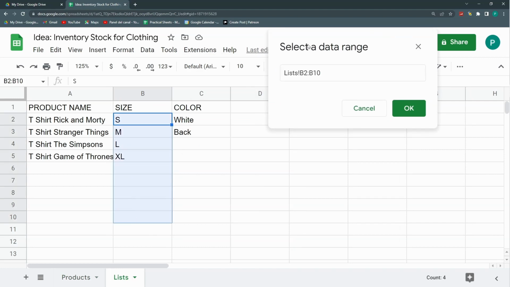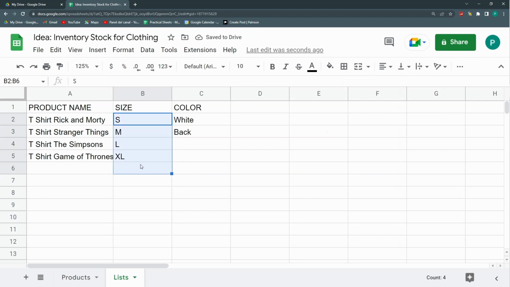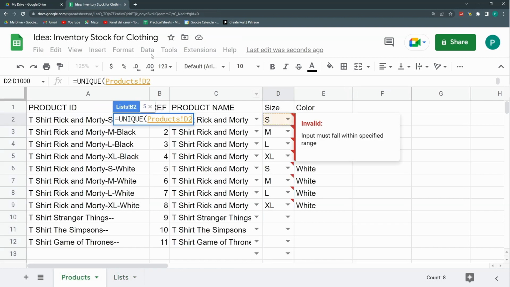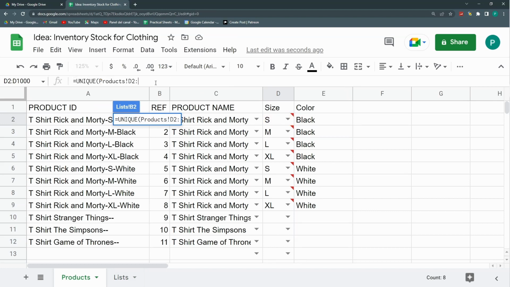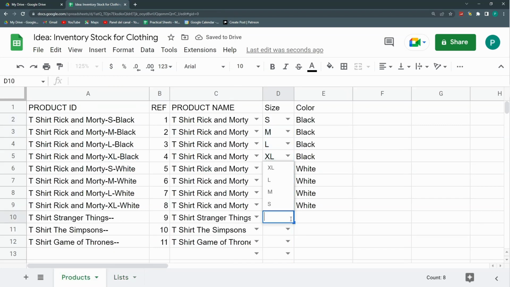So we're going to select all these up until the last row. I don't think there are that many sizes, but it doesn't matter. And this, I'm going to do the same I did here. Unique, but for the sizes. So from D2 up to D, and I already have, and now I have them here, so that if this is XS, for example, then for